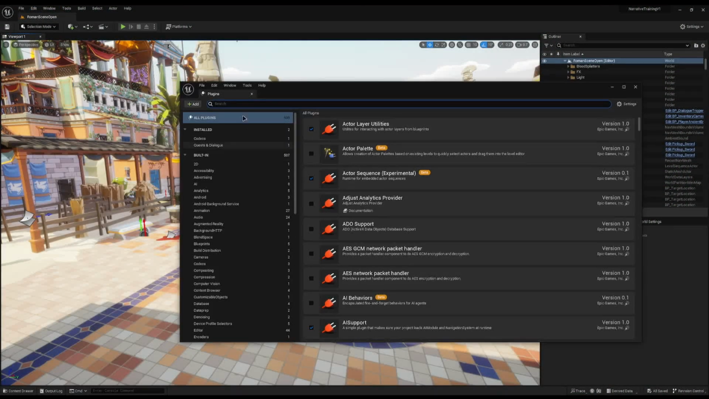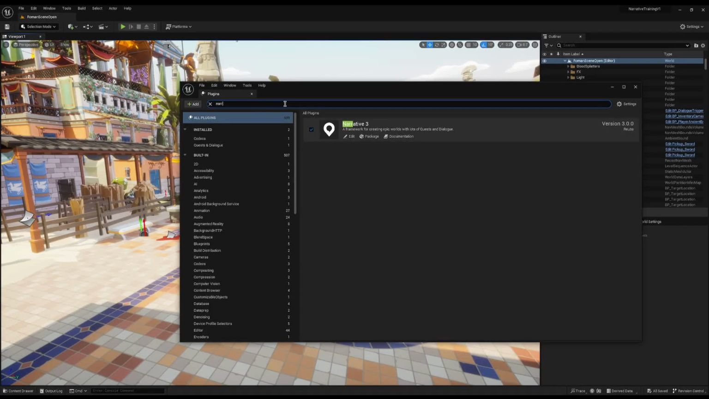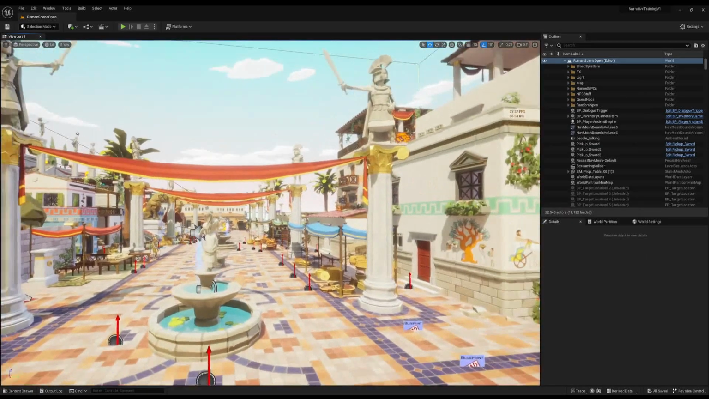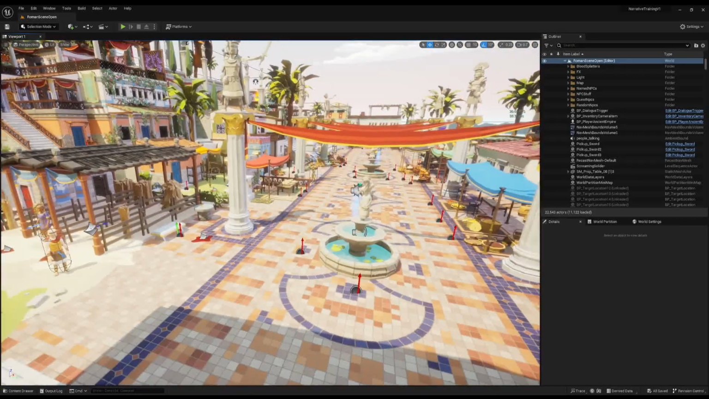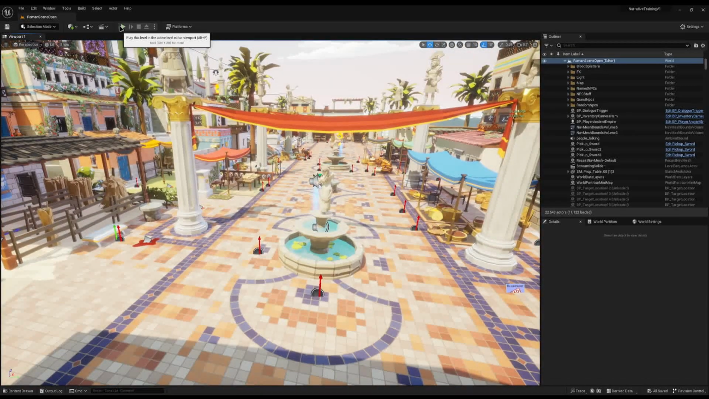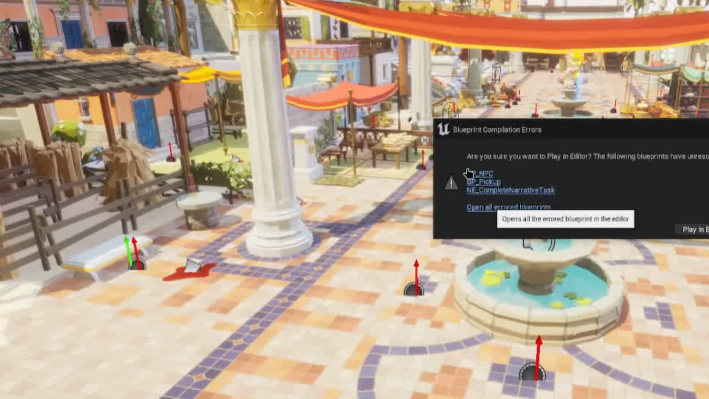Once you're in the engine, just verify that the plugin has actually updated in Narrative 3, so you can see mine is. Now, I have not touched this project at all yet, so everything looks okay. It's loaded correctly. There was no errors, no warnings. So I'm literally going to play the game and see what the errors are. And as soon as I start it, you can see I have 3 errors, which is pretty good. So I'm going to click on Open All Error Blueprints,